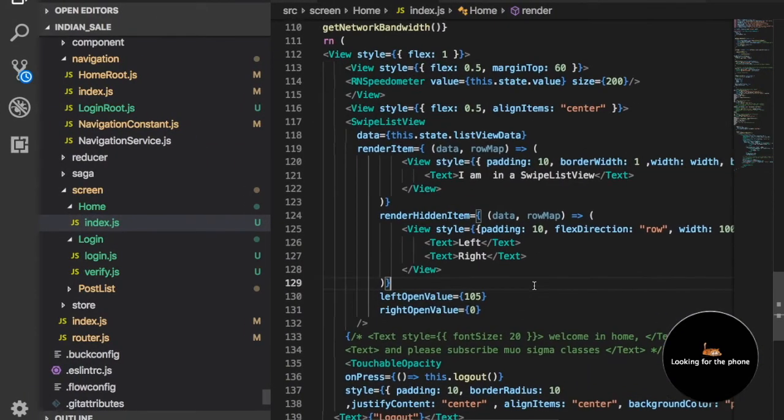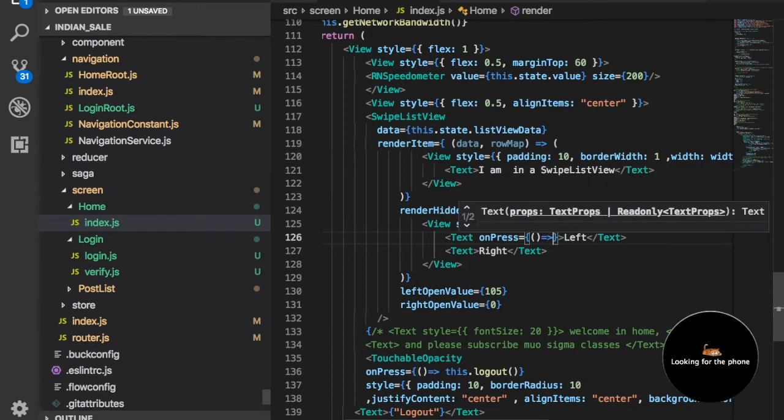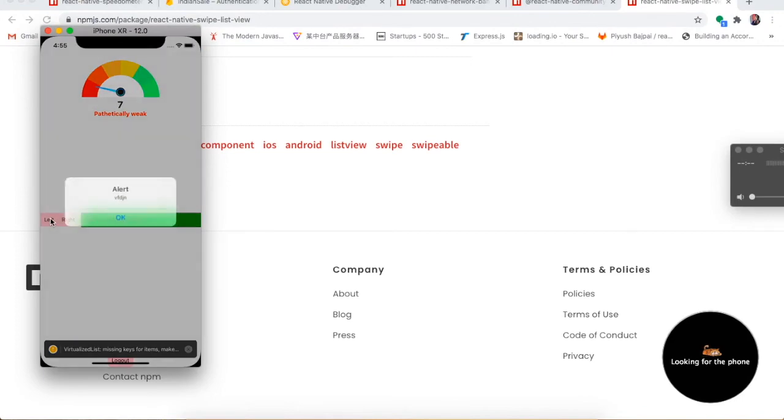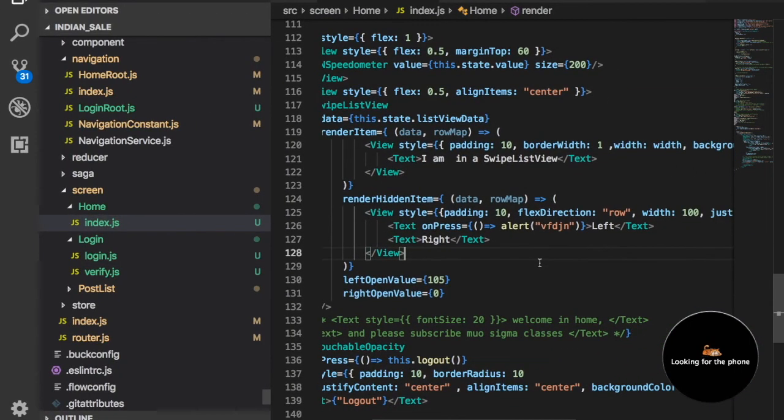Let's say on press, I call the function alert, blah blah blah. If I swipe right and click on the left, you can see this alert. Perfectly fine.